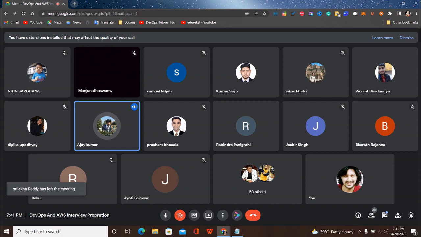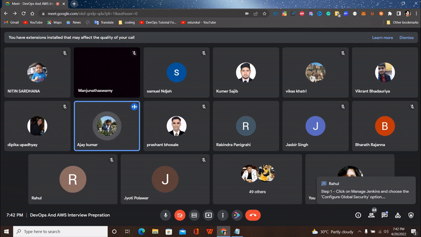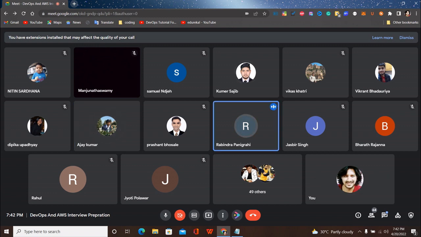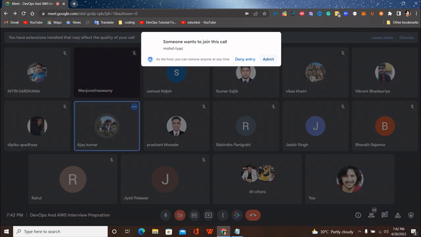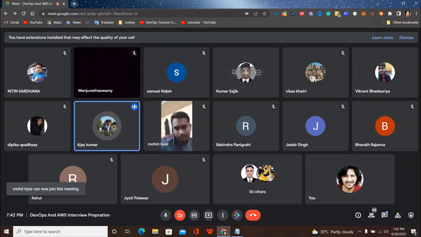So there are multiple ways. You can trigger manually. You can trigger by cron job. You can trigger by SCM polling, where there will be a fixed time when it will go and check whether the code is the same or not. Then next, which is widely used, is called webhook trigger, where you will integrate your Git or Azure Git or Bitbucket, whatever you are using as a versioning tool.